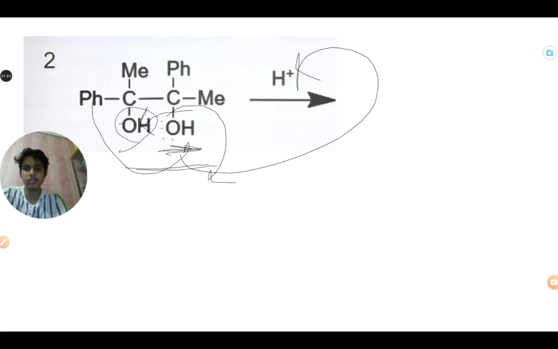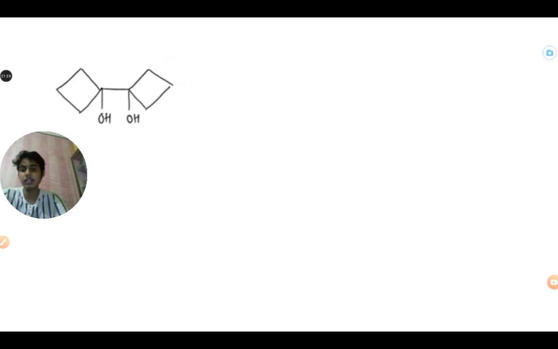Another question also there in my slide. You can see this is also a very important question. There will be ring extension of this. 4 ring will be 5 ring. Just do it. If you have any query about this particular question, the third number, you can write to me in the comment box. I will be solving it in the next coming video.